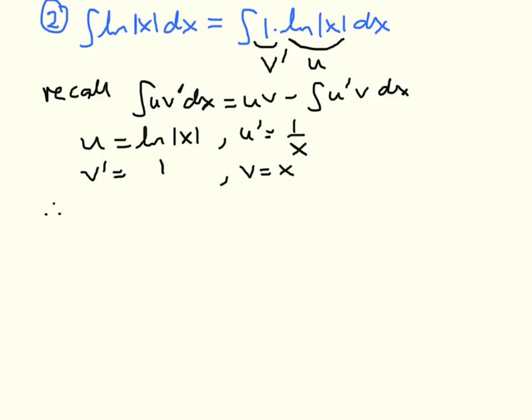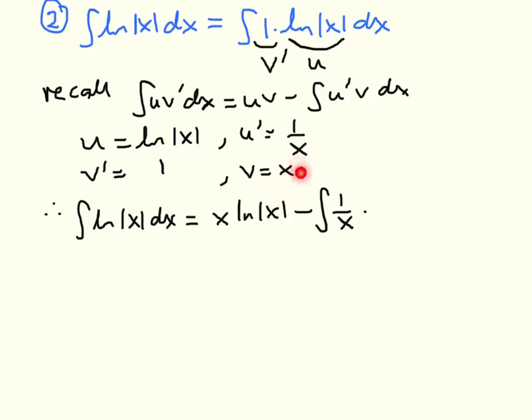So therefore our integral, the logarithm of x with respect to x, is from our formula u times v, so x times the logarithm of x, so that is x log x, minus, because of the sign here, the integral of u prime, but u prime is 1 over x, times v, and v is x,